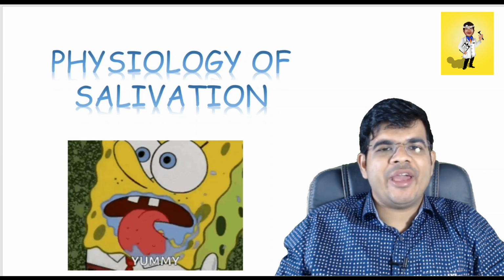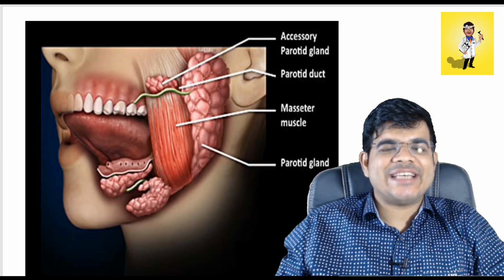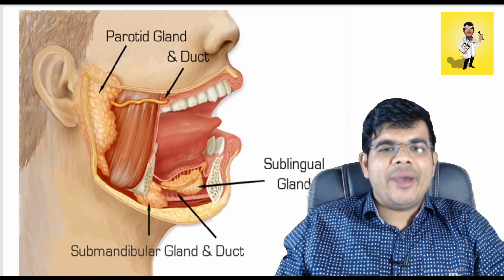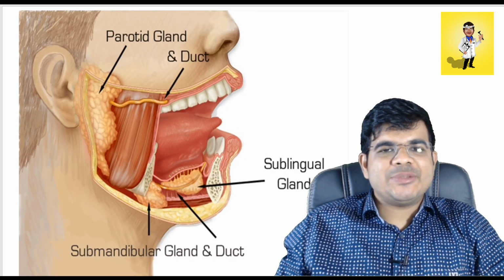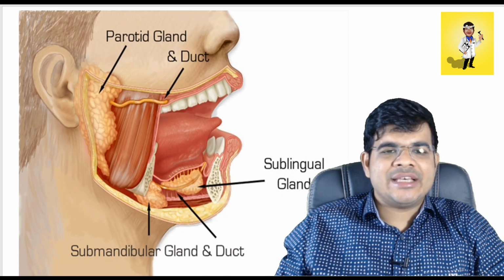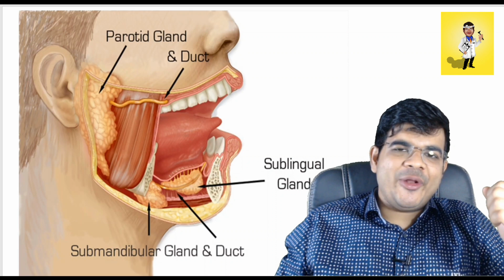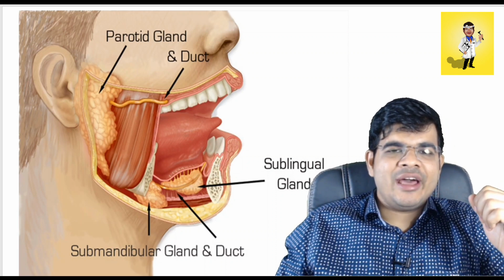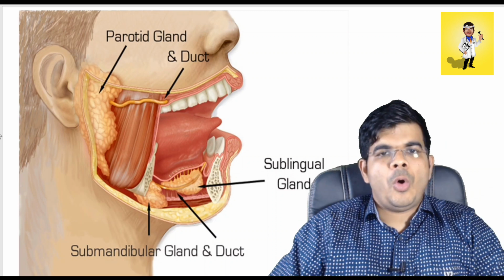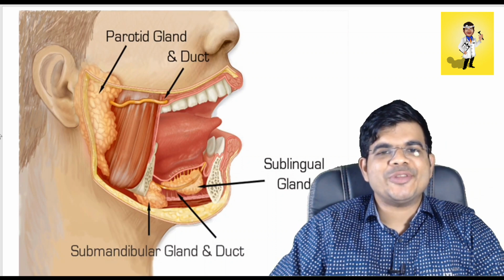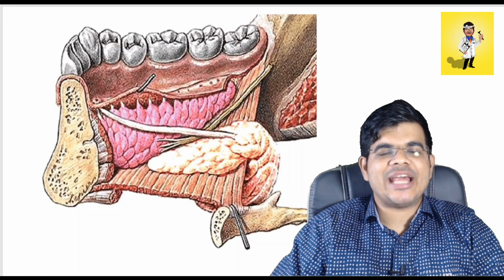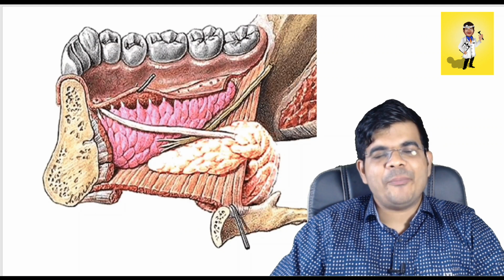Saliva is produced by three pairs of major salivary glands and numerous minor salivary glands. You have the parotid gland situated just below the excretory meatus, and it is producing serous secretion. From the parotid gland arises the parotid duct, which opens into the buccal mucosa opposite the second upper molar tooth, into the parotid papilla. Then you have the submandibular and the sublingual salivary glands, which are located in the submandibular